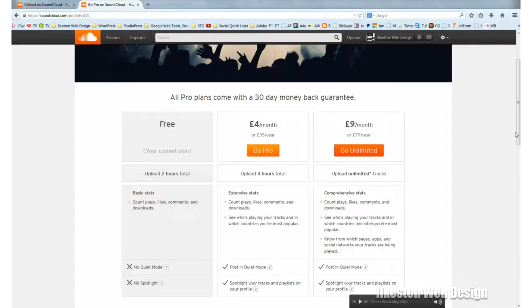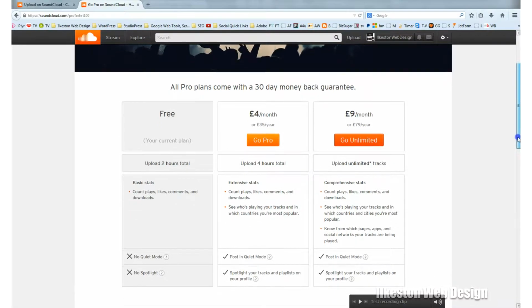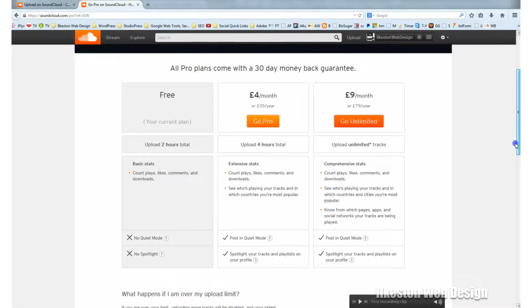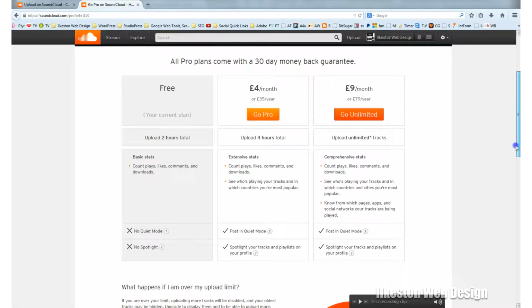£9 a month or £79 annually, and supposedly you get unlimited tracks, but where it says unlimited there's a little asterisk, which means that terms apply. So I don't think it's really unlimited. There probably is a fair usage policy there, but again that gives you more options. So if you did decide to get dead serious about podcasting, you could go for